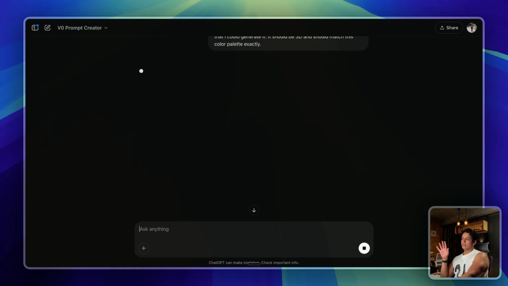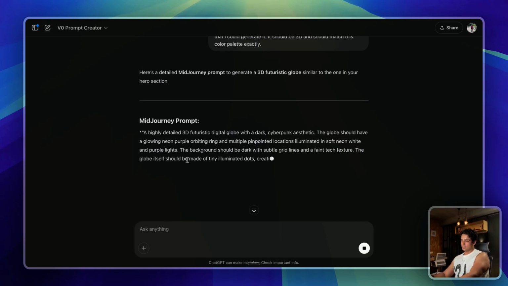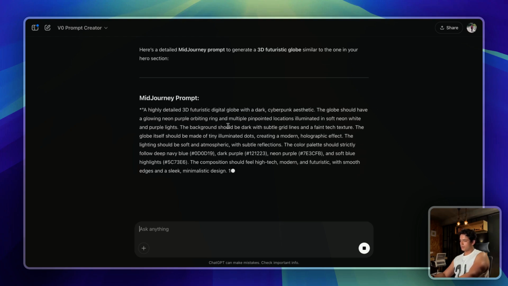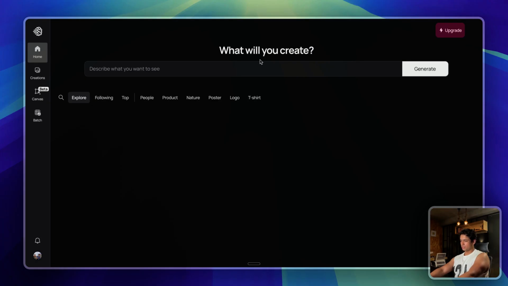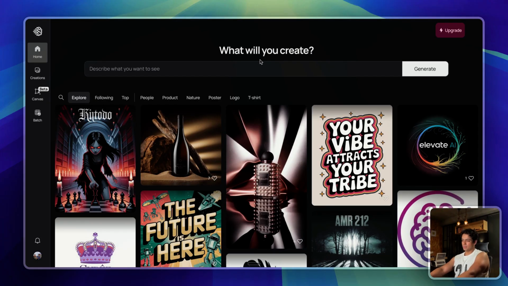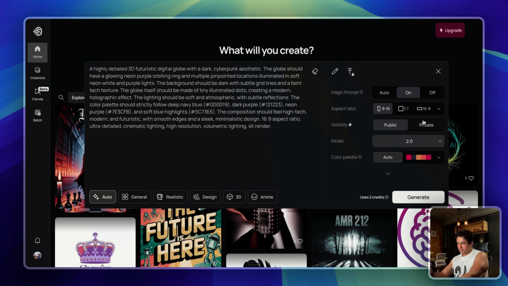So usually I take the image which I really like, I put that into ChatGPT and ask ChatGPT to generate a detailed prompt for me. So let's see how the result is. Not really sure, but okay, the prompt looks pretty detailed. Also, usually I don't really use Midjourney because I never did. Instead, I use Ideogram. This is also a platform using which you can generate images. So let me put this into it.